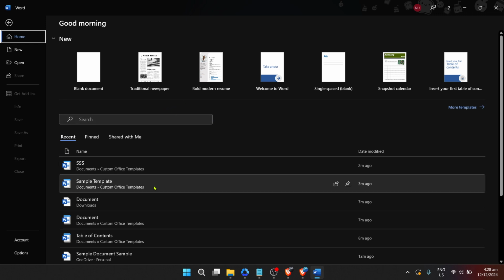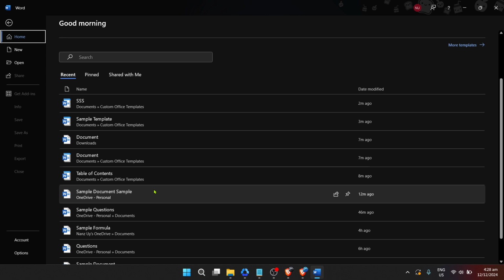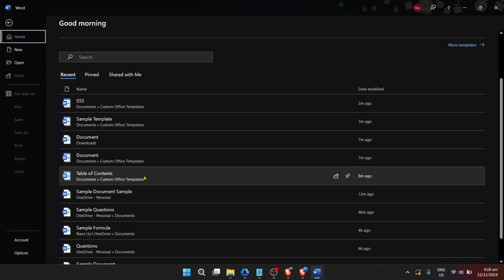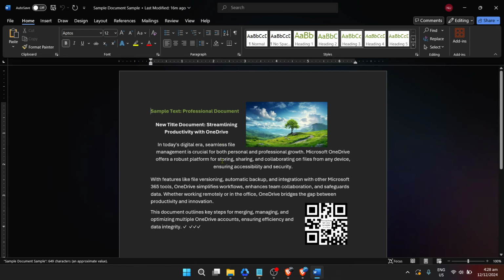After opening Word, you'll be greeted with a window possibly asking you what you want to start with. You can either select a blank document to start fresh, or choose any recent document you've worked on. Honestly, this part is like choosing your adventure. Now, assuming you've opened your preferred document, let's navigate to the task at hand.